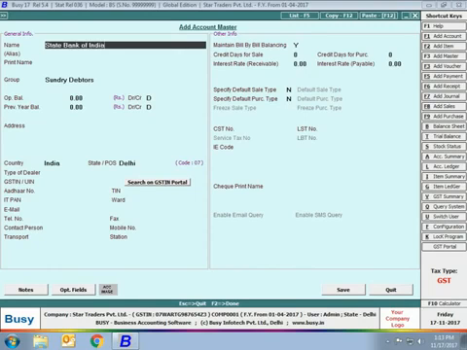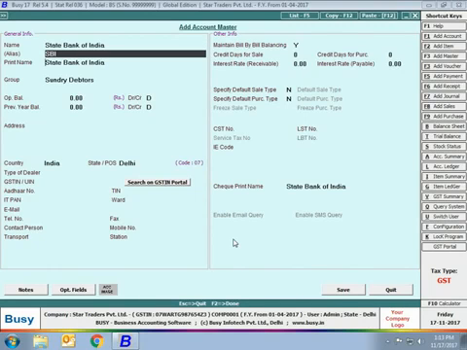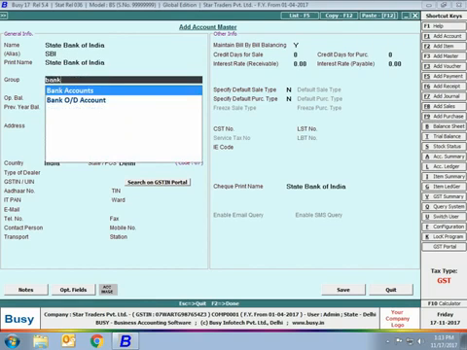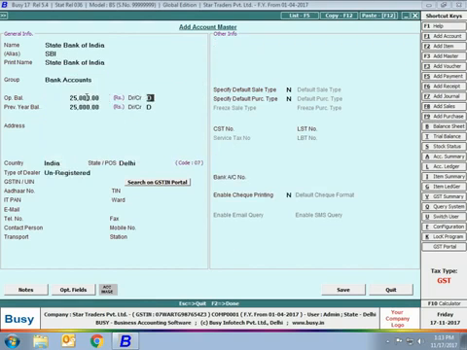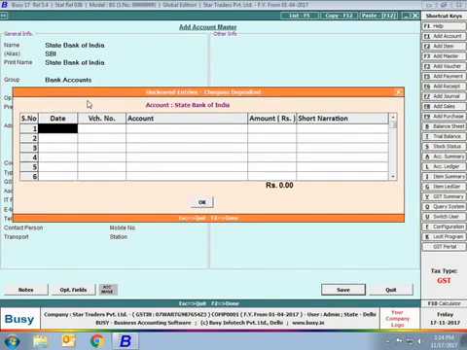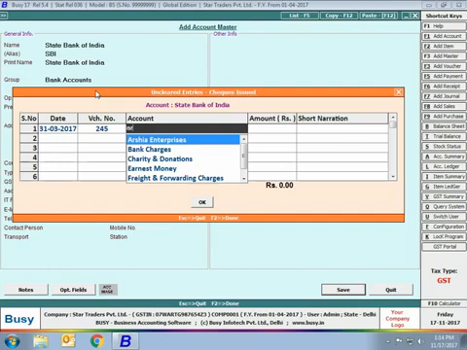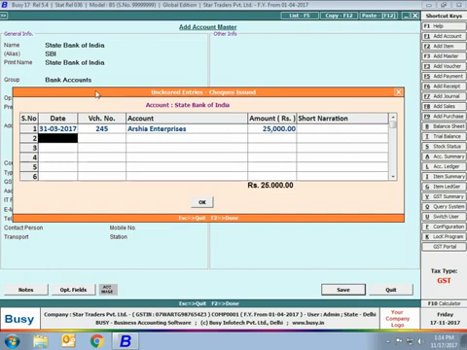Here we have specified the name as State Bank of India, alias SBI, and we have taken the group as bank accounts. Specify opening balance if any. We have specified an opening balance of 25,000 rupees. Then you can specify the type of dealer as registered, GSTIN number of the bank, and other bank related details. On saving this master, you can see an uncleared entries cheque deposited window appearing, and then an uncleared entries cheque issued window appearing. Here we have created a reference for Arshia Enterprises for a voucher entered on 31st March, and it is showing that we still have an uncleared cheque for this party for the amount 25,000 rupees as we have specified in the opening balance field.